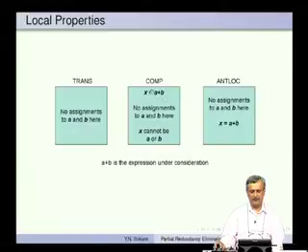In the case of COMP, there could have been assignments to A and B before x equal to A plus B. For transparency, none at all. But here there are no assignments to A and B, and then you have x equal to A plus B. So, that means at this point this is anticipable, there are no modifications to A and B. So, this expression A plus B is anticipable. I can say okay, anticipability is true, that is why this is a locally anticipable property.